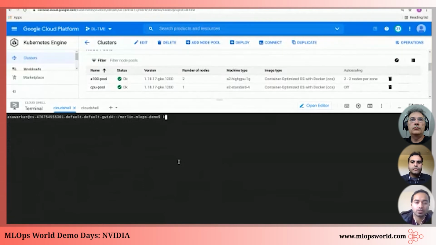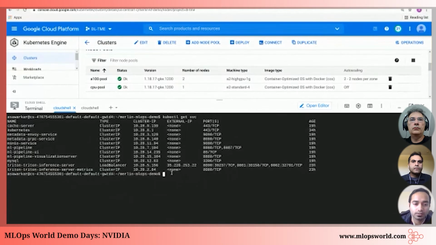To get the external API for clients to communicate with the Triton server, we need to find the external IP, which is basically exposed by the load balancer that comes with the Triton Inference Server itself. So we have a Triton Inference Server GitHub page. Here you can find all the information on how to use the Helm chart and how to deploy it on any of the cloud providers or even on-prem machines. So we'll get this